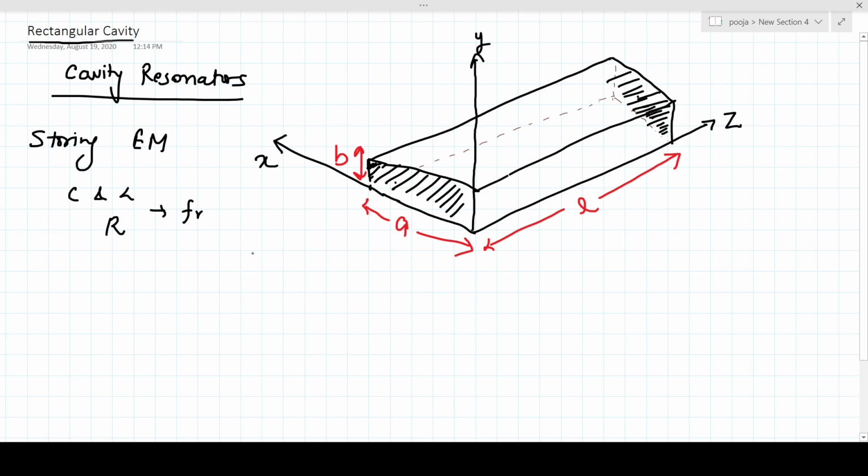The resonant frequency is the frequency which determines the resonance behavior of this cavity. A given resonator will have an infinite number of resonant modes within it, and each mode corresponds to a definite resonant frequency. Each mode will have a different resonant frequency. These modes are determined by solving Maxwell's equations and applying boundary conditions